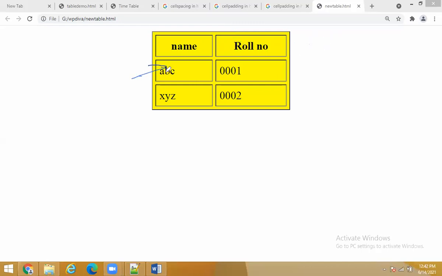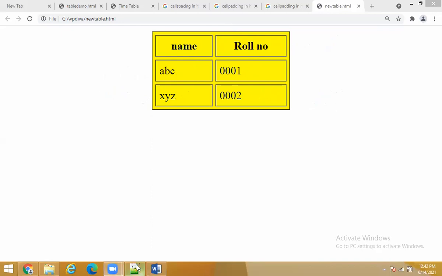Then I come here, I open my second row. Inside that second row, I take one TD. This is my second TD, right? So I close a TR tag. Then I come here, I take one more TD, then one more TD, and then I close my TR tag. So in this way, guys, you are going to create a table.